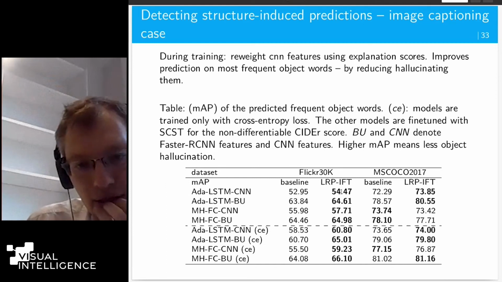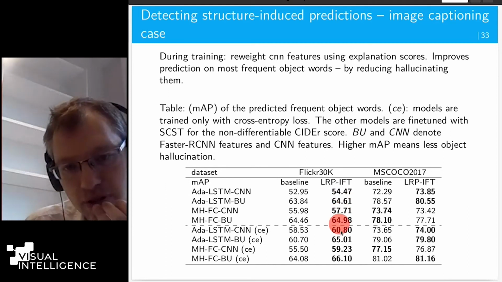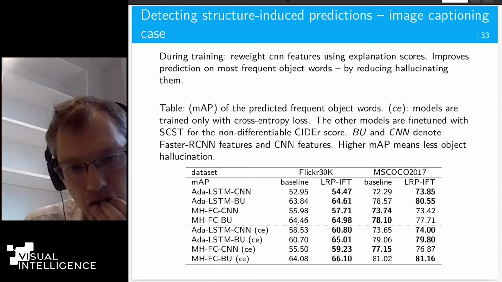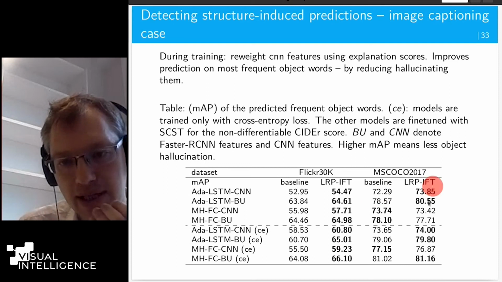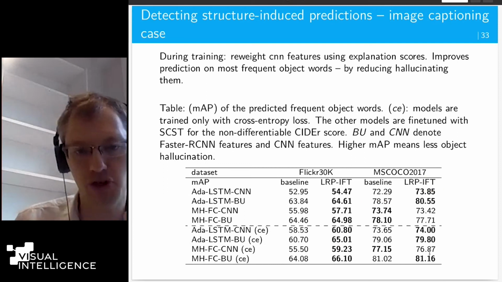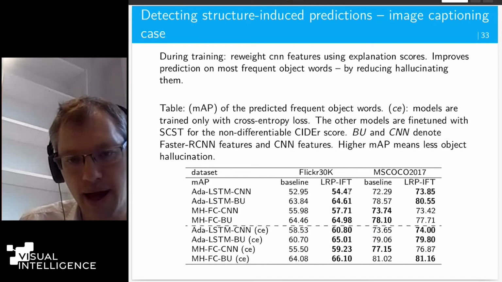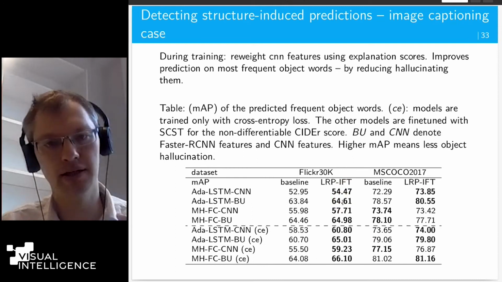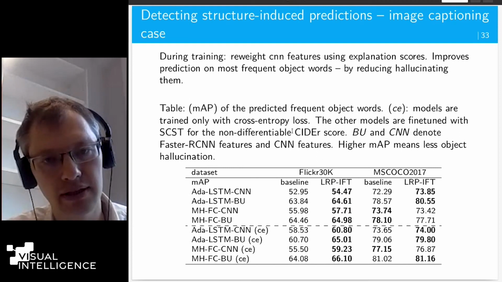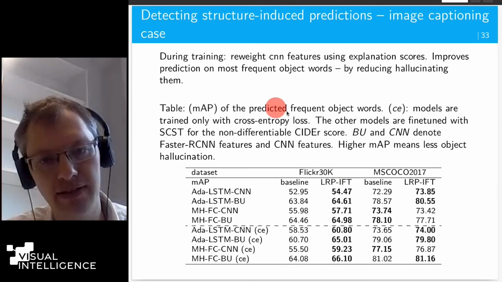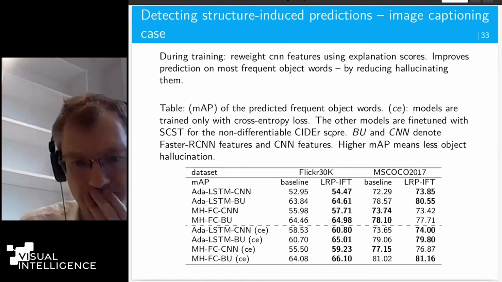And when you do this, you can measure the mean average precision for the original neural net and for the LRP fine-tuned neural net. And what we see is that in the majority of the cases, LRP fine-tuning gives you higher scores in terms of the ranking for predicted frequent object words.